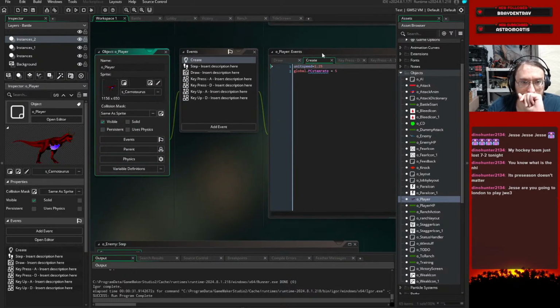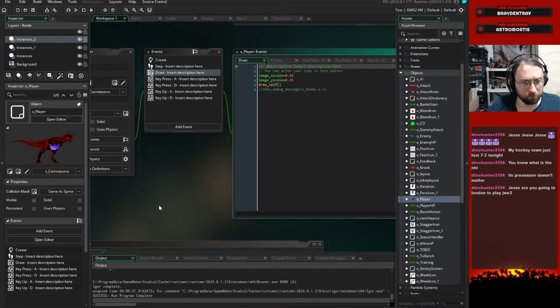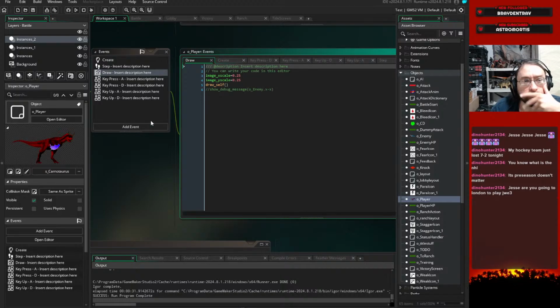Player object, probably. Yeah, we have the key presses. Draw self. That we have. Okay, so let's look at how we handled